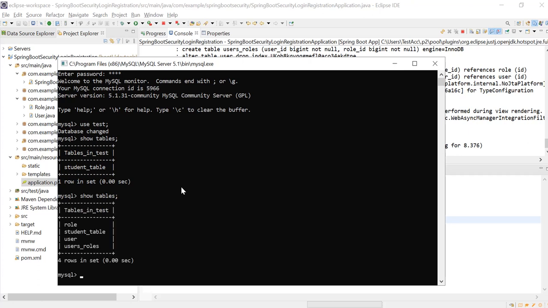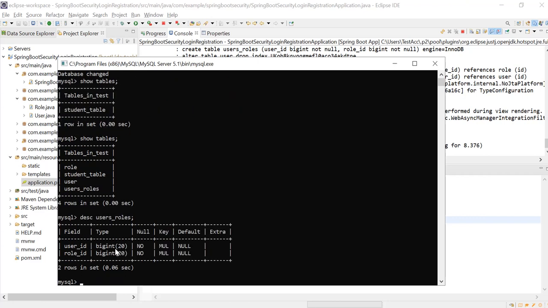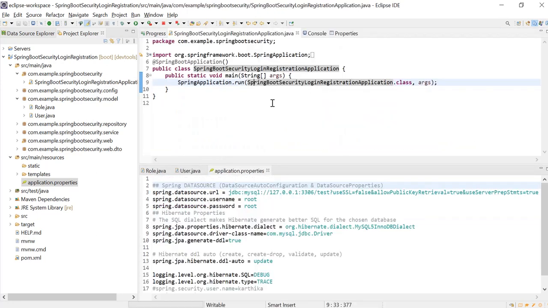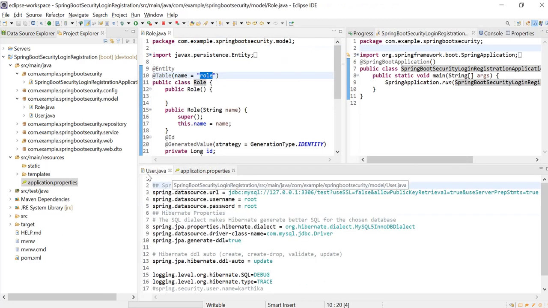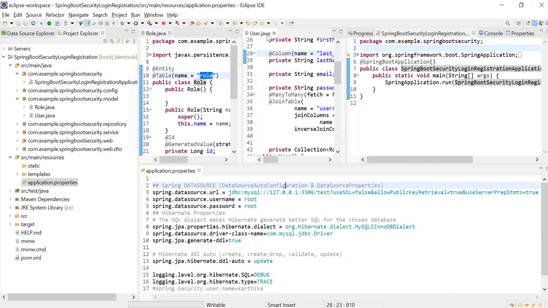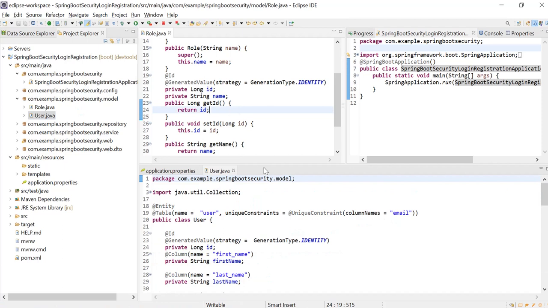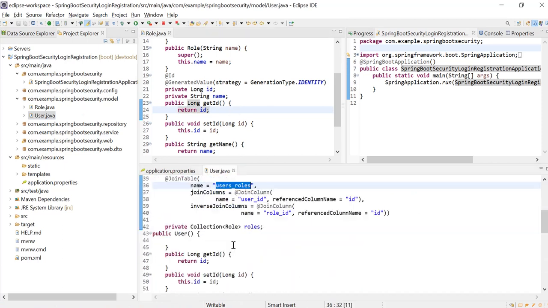If you see the user, role, and user roles tables, they have the generated user ID and role ID, which I have given here. Here I have users and roles.